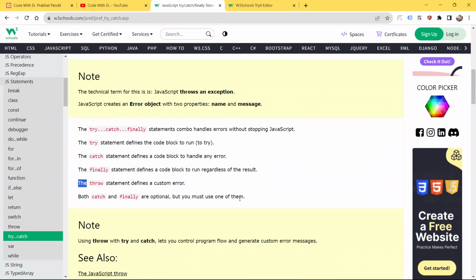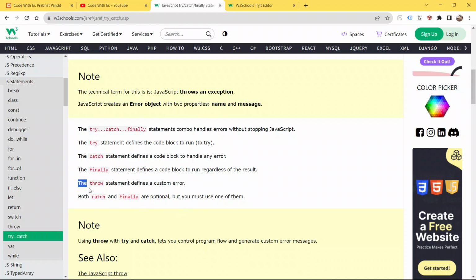The throw statement defines a custom error. You can use the throw statement in your code to throw the exception or to throw the error. But it is an ideal coding practice to use at least a catch or finally block.